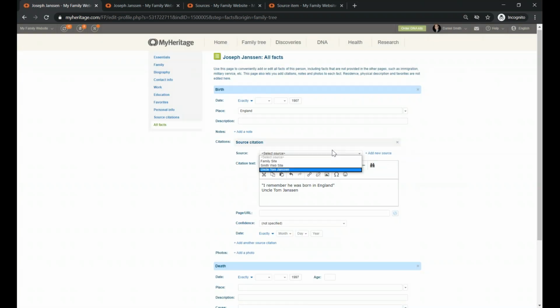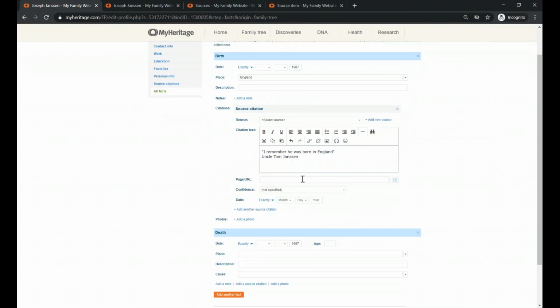I already created it, so I will be able to select it here, Uncle Tom Jansen, although you don't see it, it is right there, selected. If this was a website, I can definitely type and put here the URL of the website where I found this information. And another thing is to say how confident this information was. Well, in this case, this is direct and primary evidence because, no, actually secondary evidence, because Tom Jansen is telling me that he remembers that